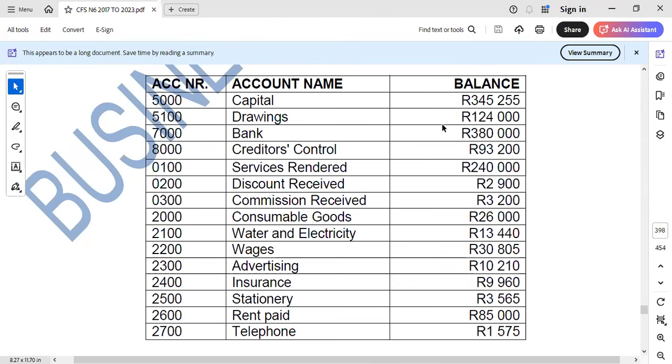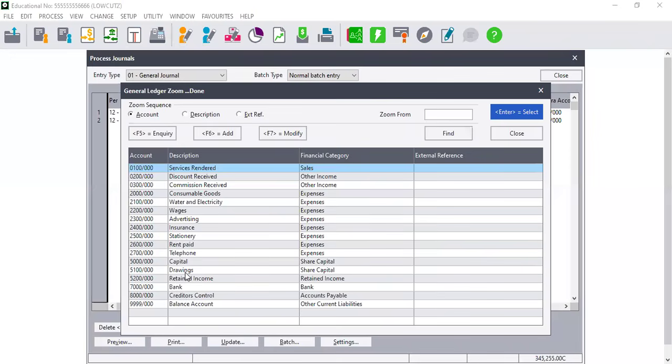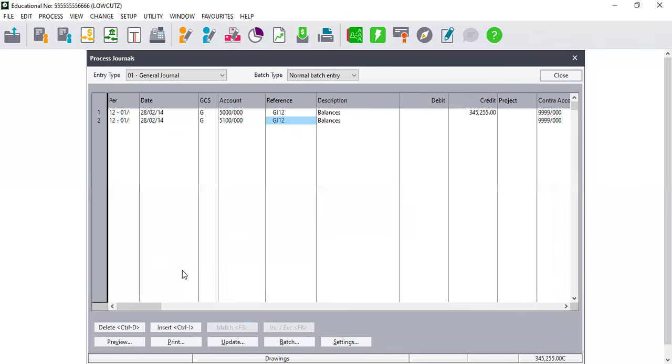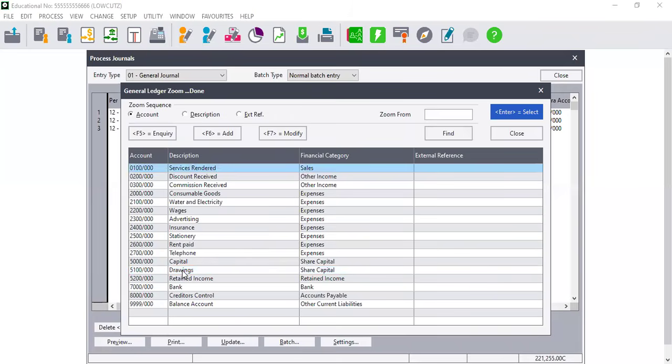So that's the reason why this 124,000 will be debited, because it reduces the capital. So when we go to our Pastel, we are going to say drawings, and we are going to debit it. Then after that,